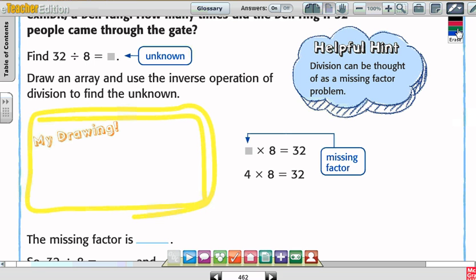It says draw an array or use the inverse operation of division to find the unknown. Inverse means what's the opposite of division? Multiplication. So I need to know what 8 times what gives me 32. Okay, or to find an array, I need,